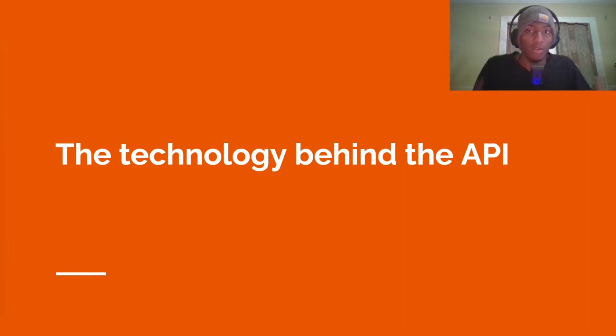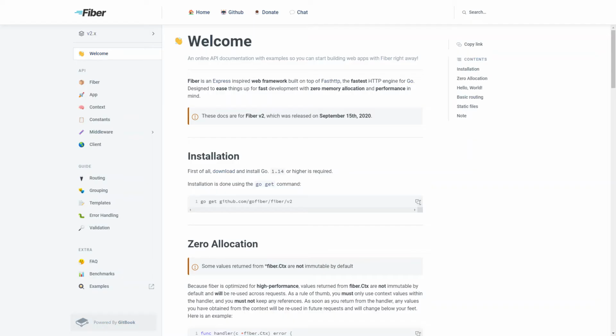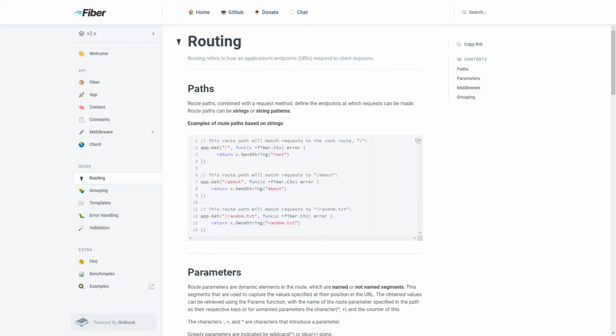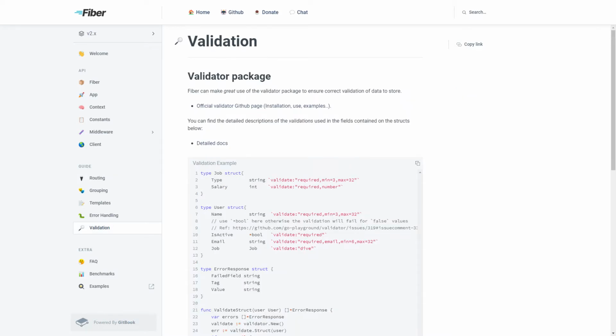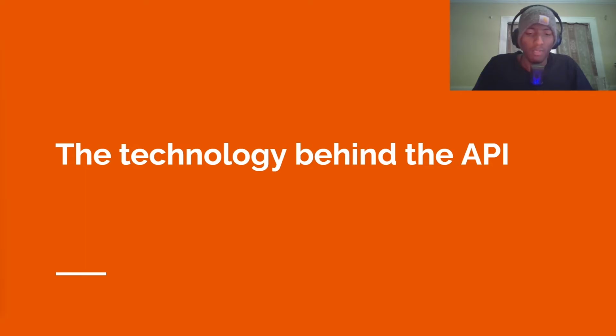For the main technologies I used, the first one I used was just GoFiber. You can see some screenshots and some videos on screen right now of the documentation and just how this web server functions, which again, GoFiber is a web server. It was recommended to me by a friend a long time ago, and I used it in the previous project and decided to use it again in this project because it's really familiar to use, and integrating different middlewares and packages was super easy to add on.